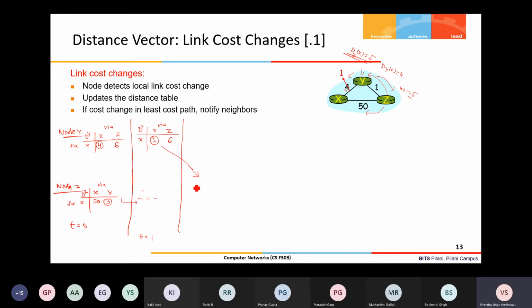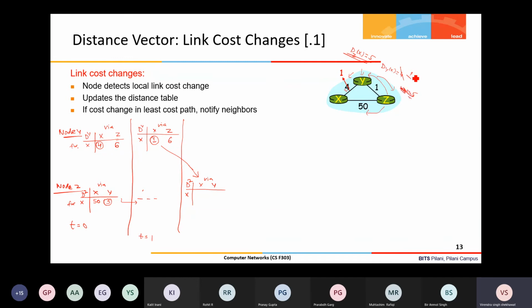Then how the z table will change? So it is dz and it is x and y, via x and y, and cost of x. So now y is saying that okay, my cost to x is, in place of 4, it is 1 actually, right?